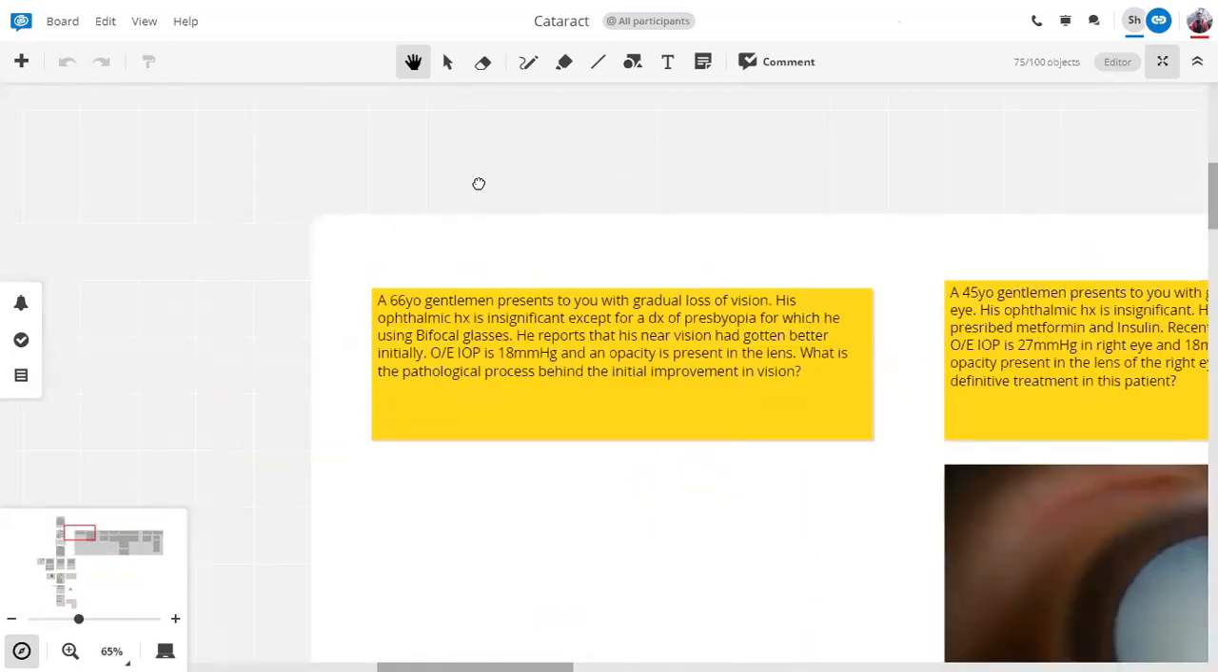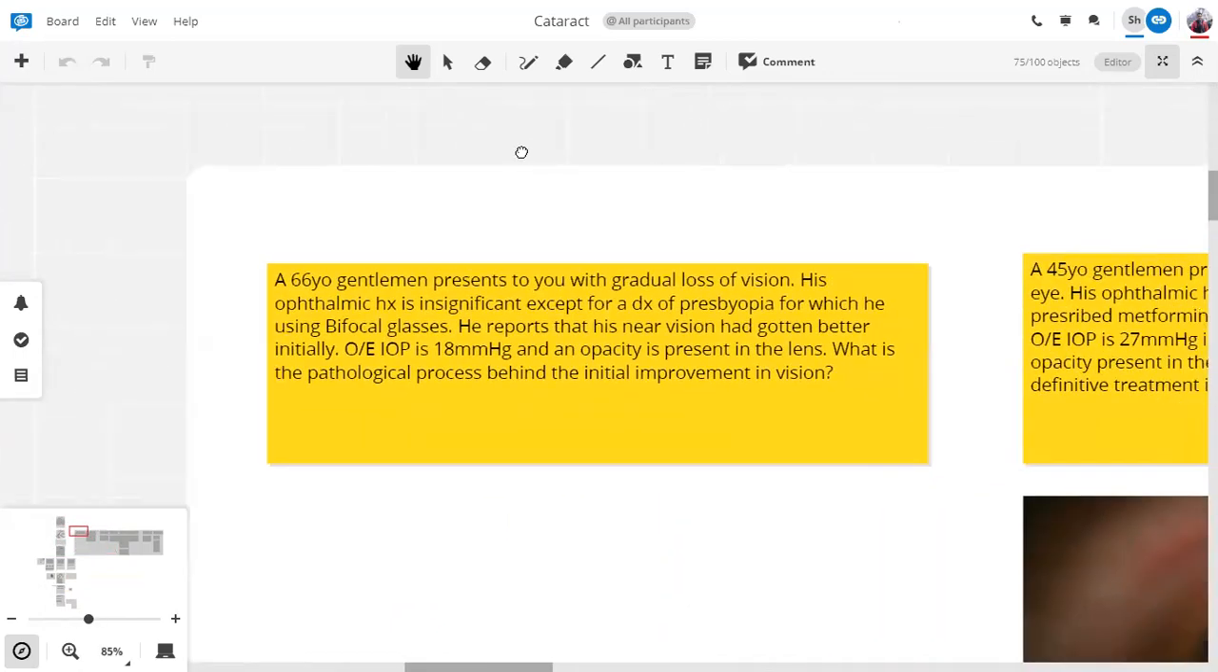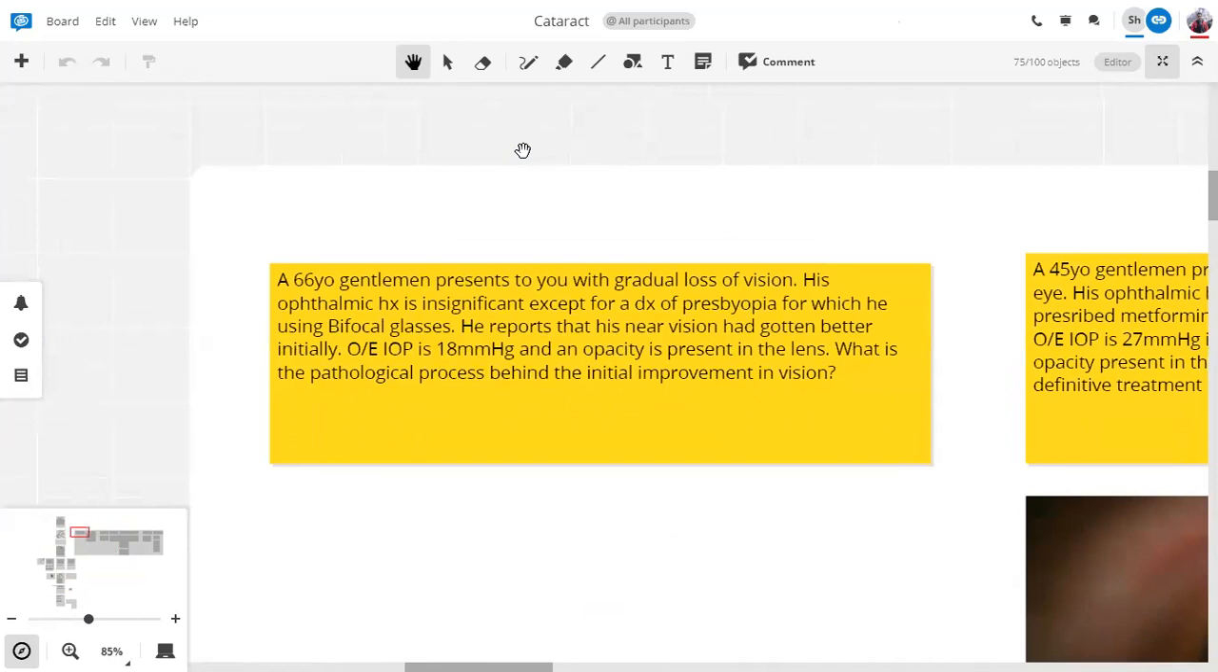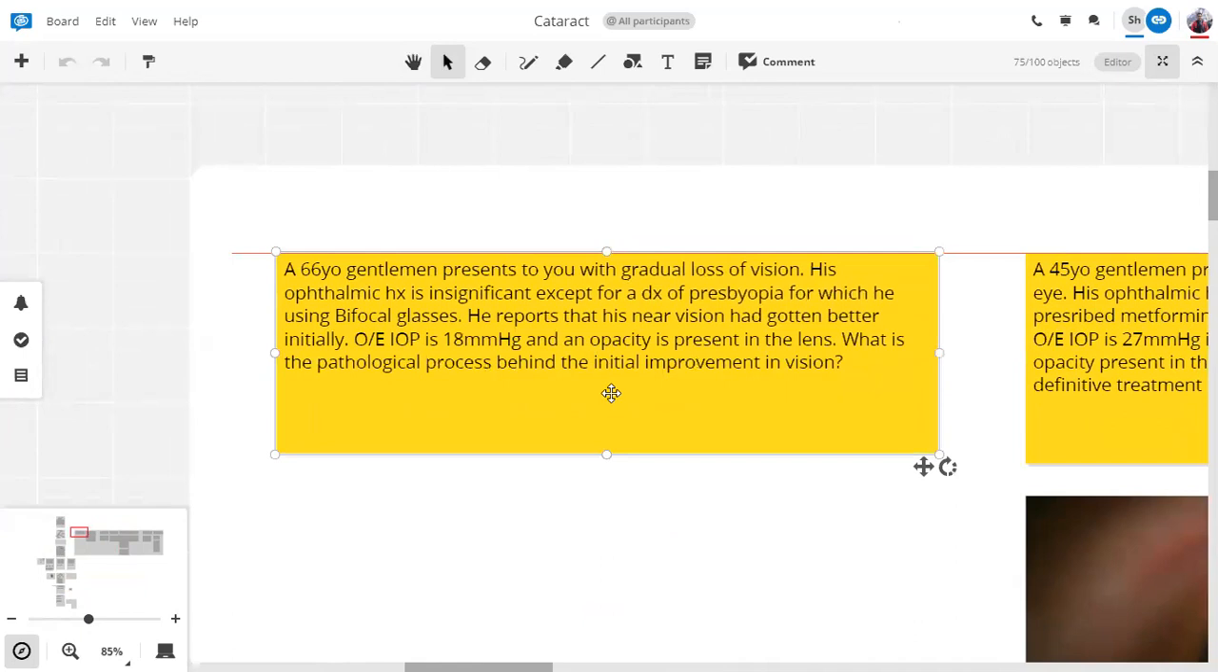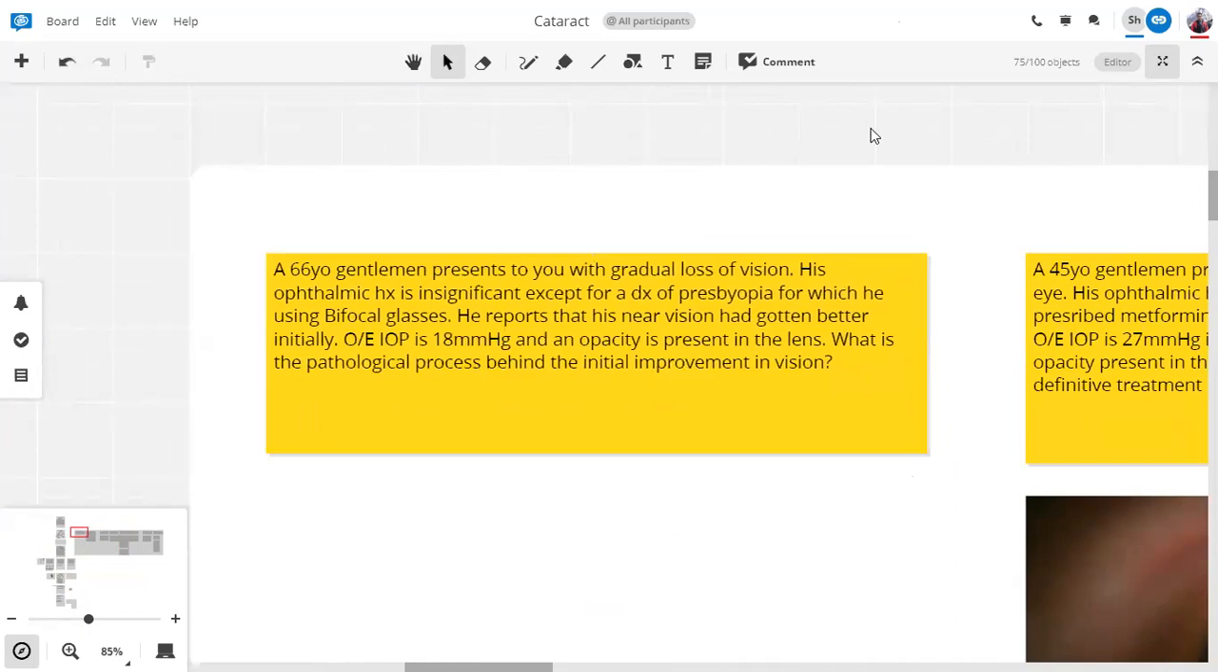Let's start with our first case. Read. In MCQs, or whenever you get any case, always read the last line first. So you know, so you get to know what the examiner is asking and what you want to specifically